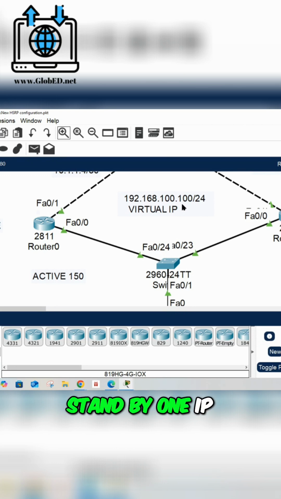In standby, you go standby 1 IP, and you place this IP right there, which tells you, hey, this is going to be the default gateway. And this number right here, 192.168.100.100, it's going to be on